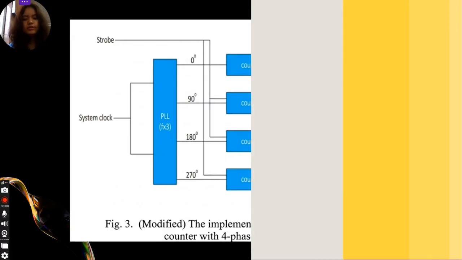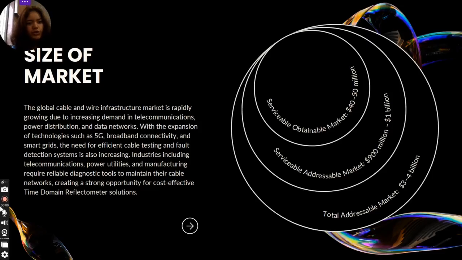make a more accurate decision. So looking at the scalability of the project, the current size of the market is estimated to be around $3 to $4 billion. And with the expansion of technologies such as 5G, broadband connectivity, and smart grids, the need for efficient cable testing and fault detection systems is also increasing. Industries including telecommunications, power utilities, and manufacturing require reliable diagnostic tools to maintain the cable network, creating a strong opportunity